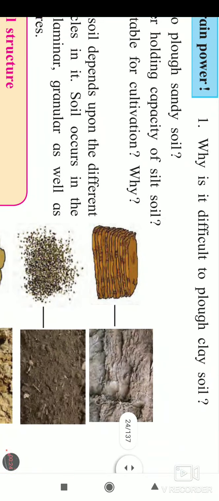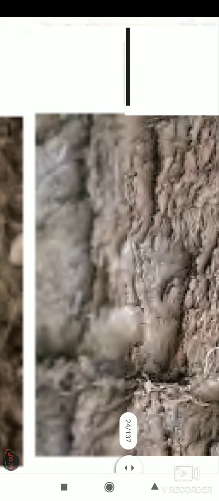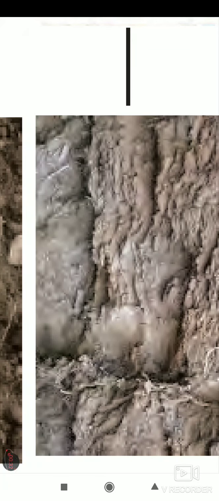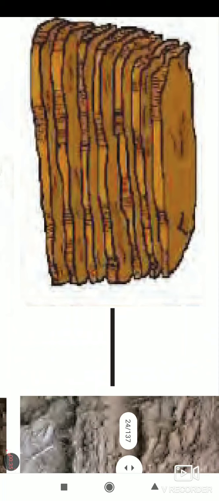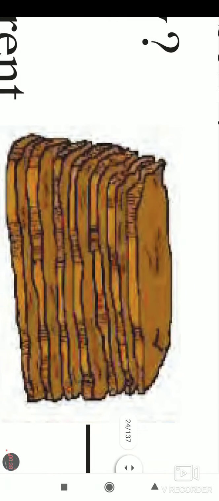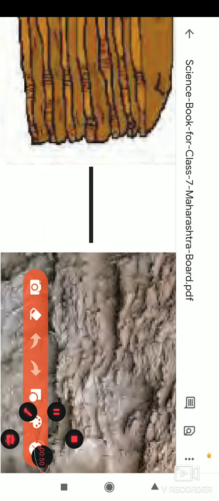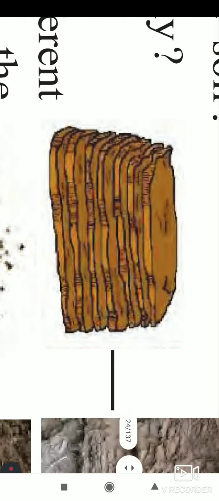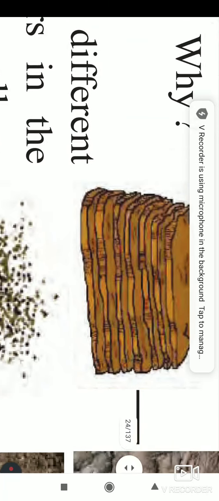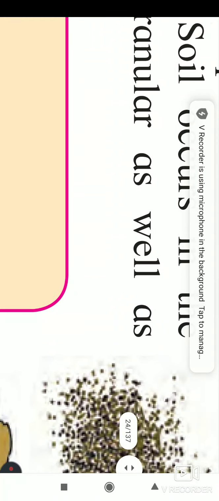Now if you see in these pictures, you will notice how the arrangement of these soil particles is. If you see here, you will notice how it is arranged. Okay, how the columns are there. A laminar arrangement is seen in this, which means in this way the soil particles are attached here. If you see here, the arrangement is horizontal, so this arrangement is called which type of arrangement? This is the laminar arrangement.